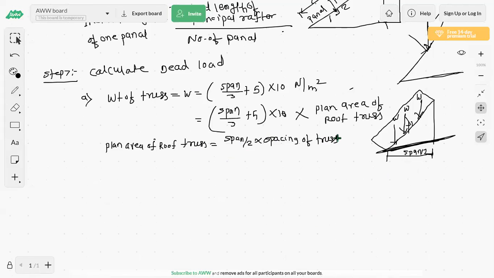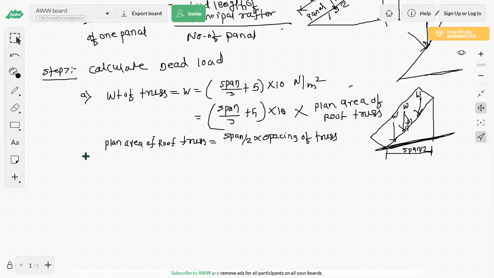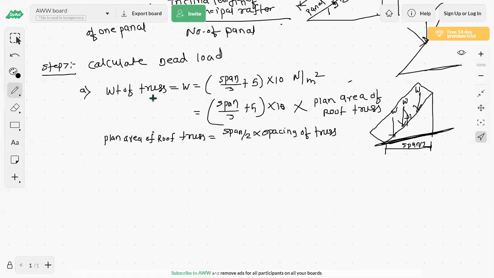Okay, so now if we multiply this plan area by this, the meter square will cancel and we will get the value in Newton. The weight is obtained in Newton. Okay, now this weight of truss is over. Now small b, weight of purlin. So the weight of purlin is equal to,